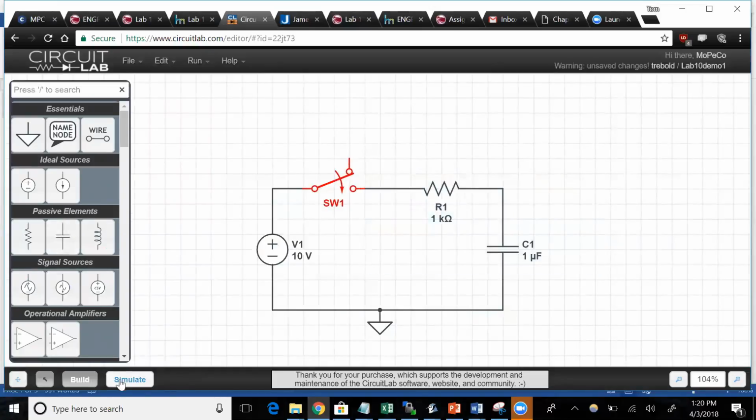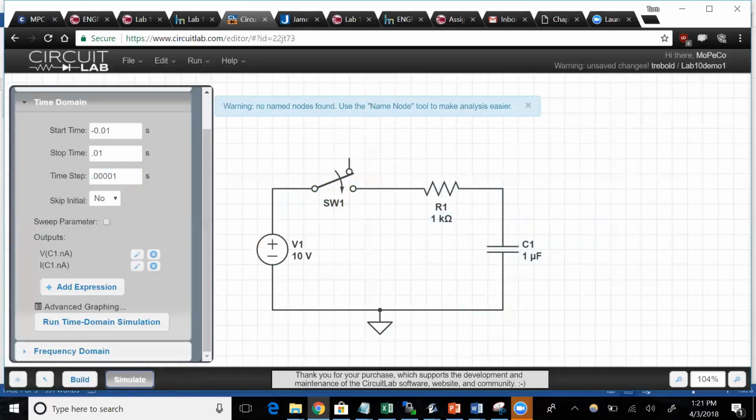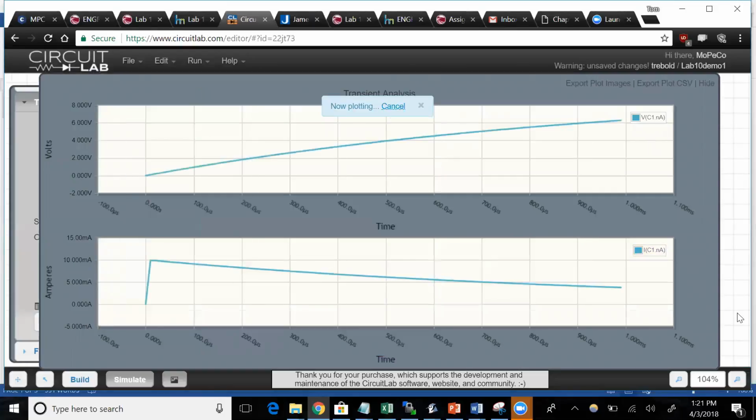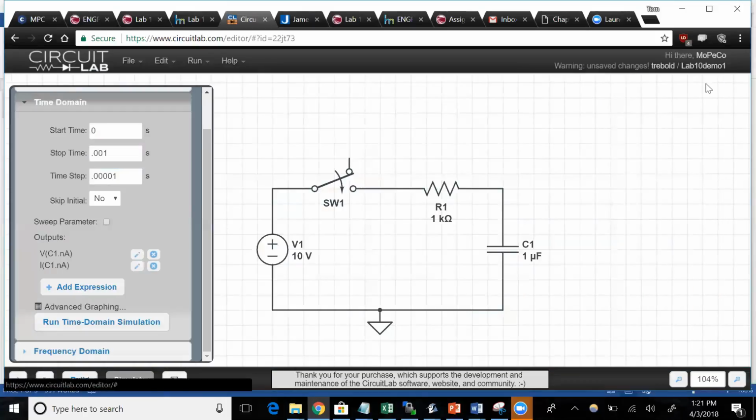One issue that people run into when they're doing these problems is they might, for some reason, set the stop time to like 0.001. And if you run the simulation now, you're going to find that your curves look like straight lines. Okay, so if you see a curve that's a straight line,